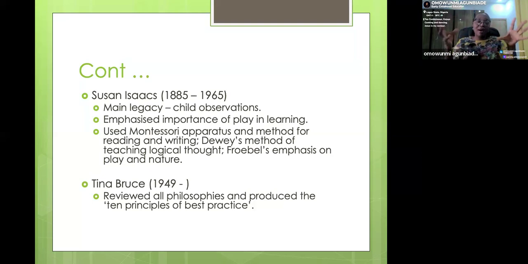Everything around her is child-based learning, and of course, she borrowed quite a lot from Maria Montessori's method. That's why if we're doing a deep, full training in the Montessori method, you can't but read through her resource materials, because there's a whole lot to learn from those principles that she developed, and all the different methods for observing children while they are at play. And then you can do a whole lot with that knowledge.